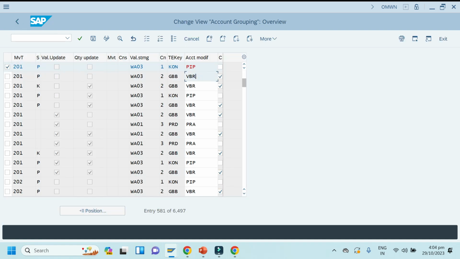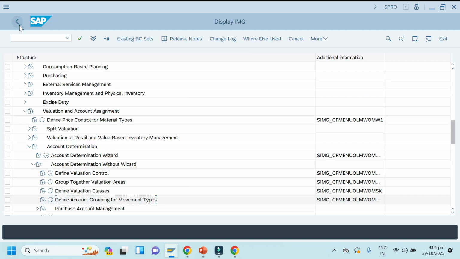You can see here we can edit account modifier only. Back to IMG.